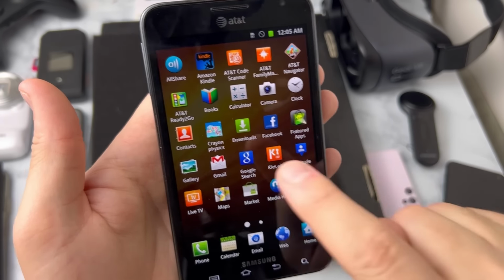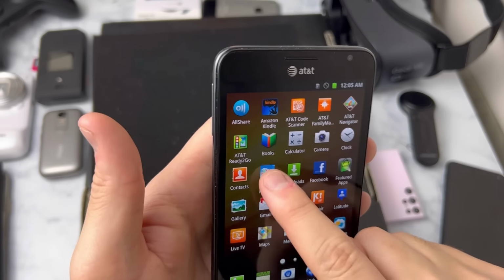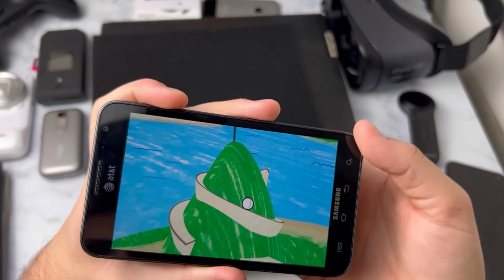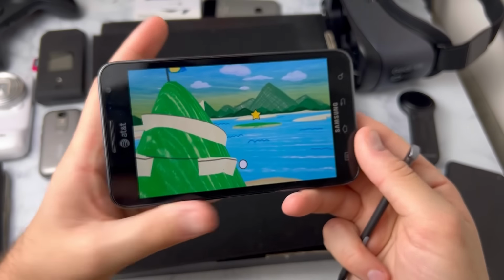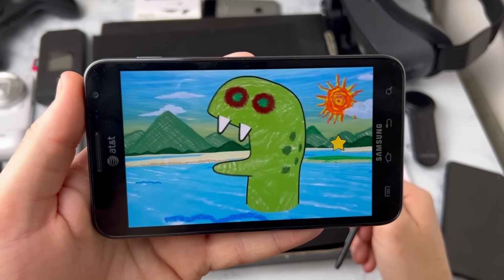You've got Facebook, Gallery, Crayon Physics. I think that's a game. Let's see if we can play that. Rodia? Okay. I've never played this before. Ooh. Okay, this looks like it's a game I could see in 2024. It's cute. It's like a...